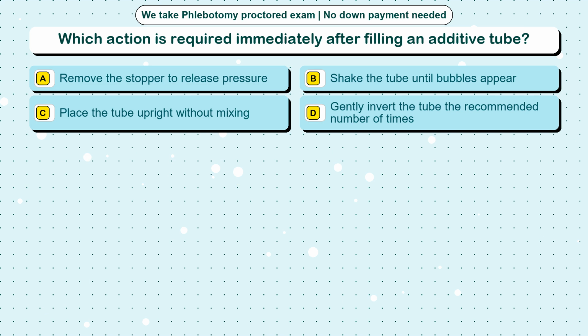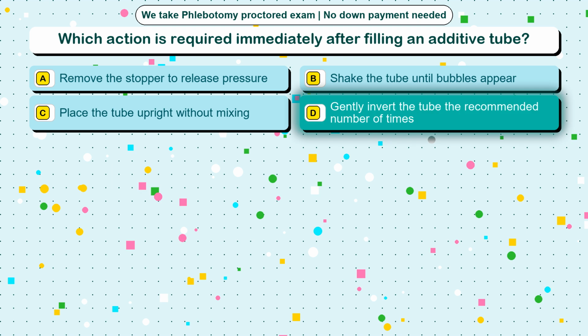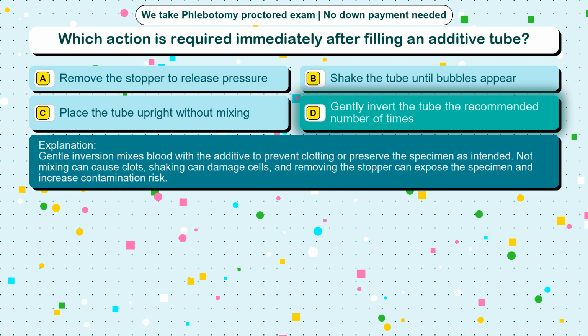Question 95. Which action is required immediately after filling an additive tube? Option A. Remove the stopper to release pressure. Option B. Shake the tube until bubbles appear. Option C. Place the tube upright without mixing. Option D. Gently invert the tube the recommended number of times. The correct answer is option D. Gently invert the tube the recommended number of times. Gentle inversion mixes blood with the additive to prevent clotting or preserve the specimen as intended. Not mixing can cause clots, shaking can damage cells, and removing the stopper can expose the specimen and increase contamination